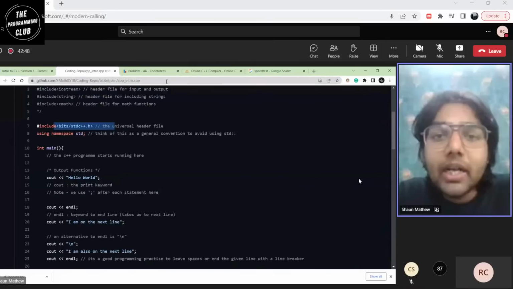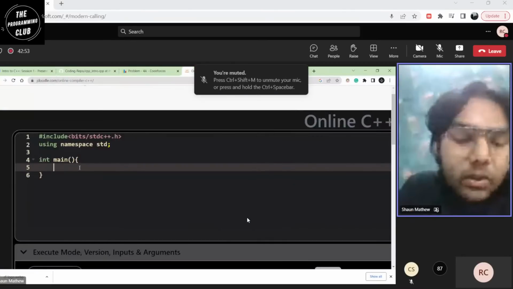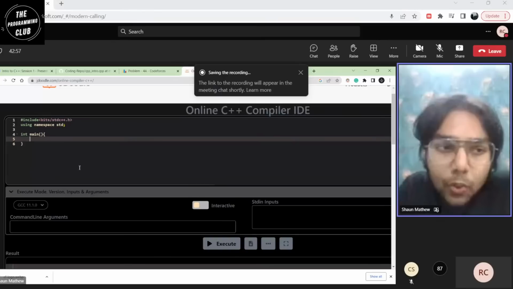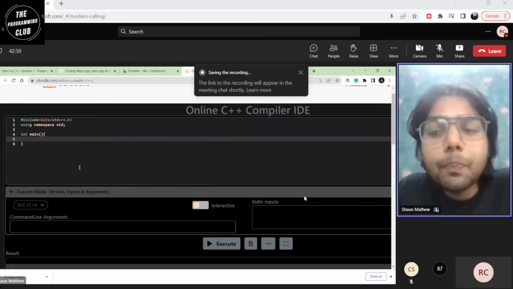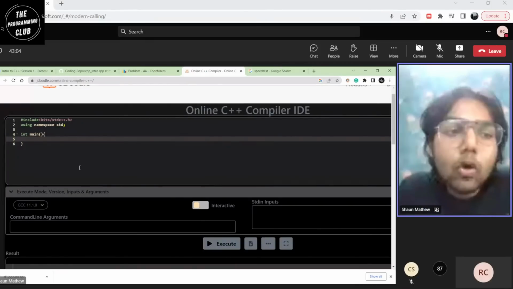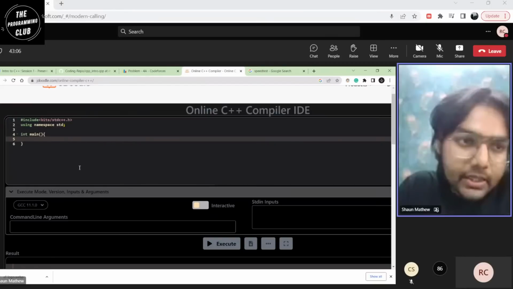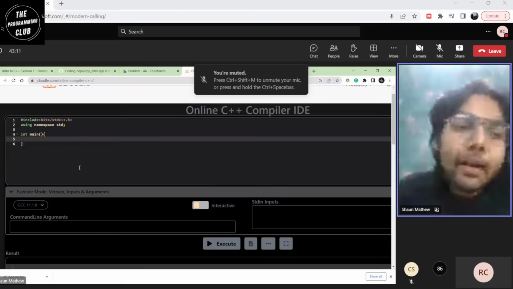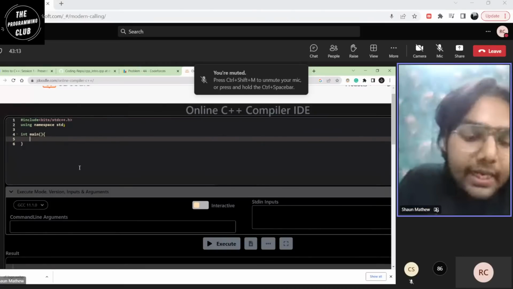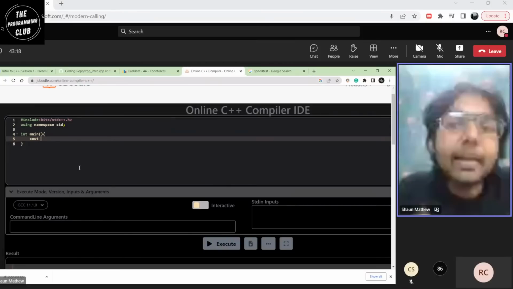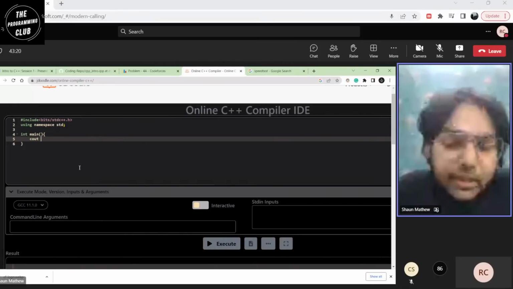Now coming to the int main part. What is int main? Int main is the program where you start writing code and the compiler starts processing it. The first standard program anywhere is to print out some string, some variable. So how do we print in C++? The way we print is we give it a command. I want to tell my compiler to go print something. So how do I tell it? I tell it cout. What is cout? Cout is the command that tells the compiler it has to print something.